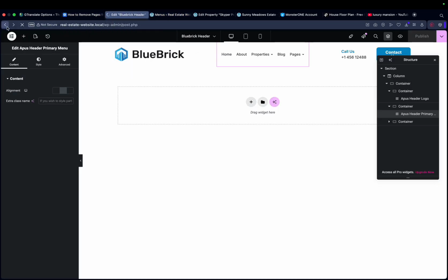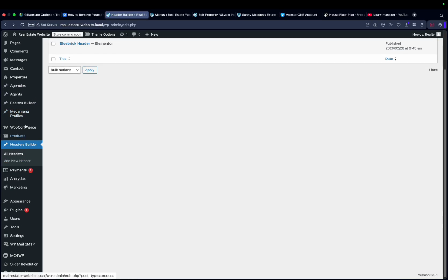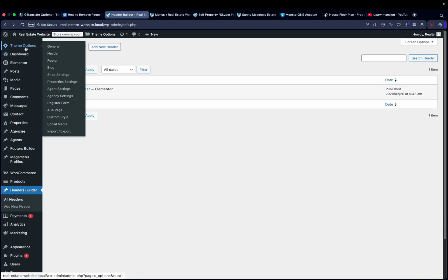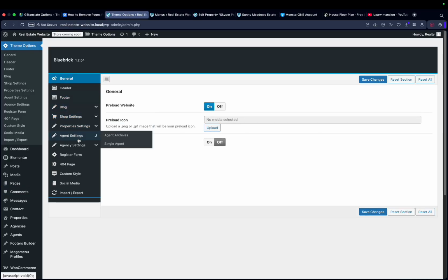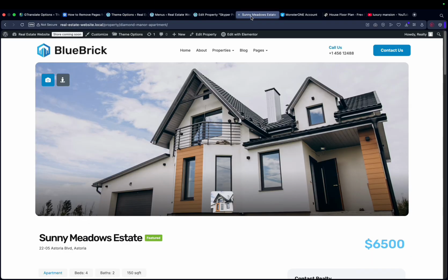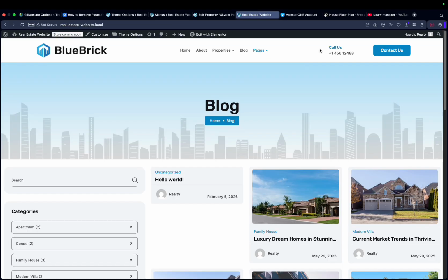And if we go back, we go to other options. Let's go back to the theme options and see what we can do from here. So we see the register form, enable register agency, enable register agent. Now, if I go back to the front end of my website,